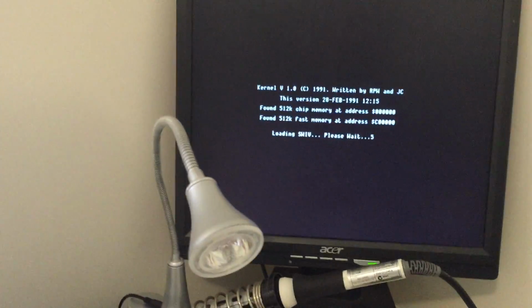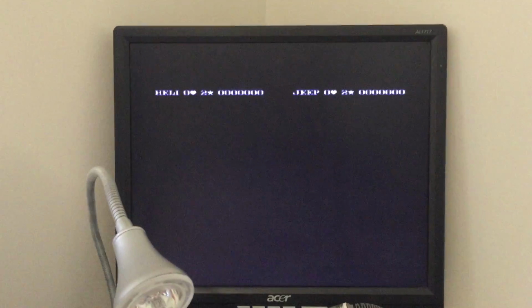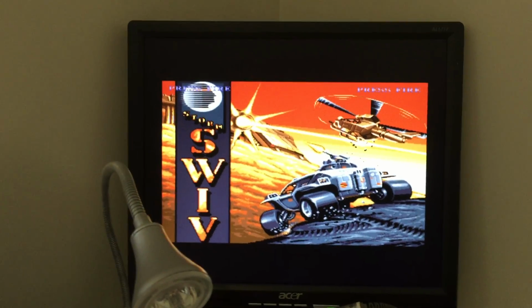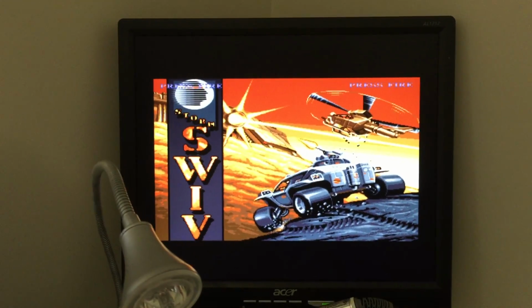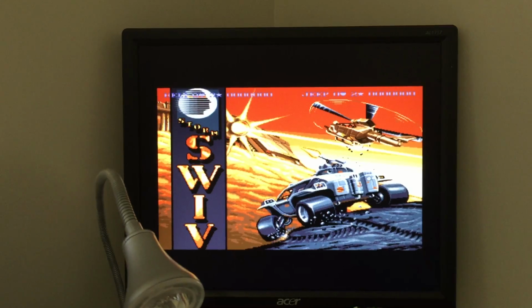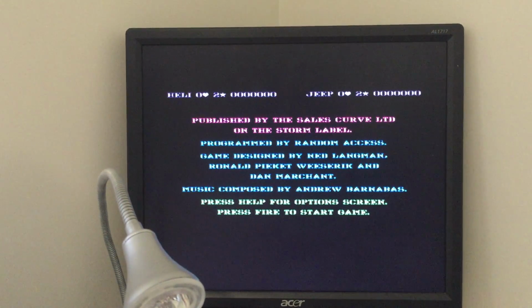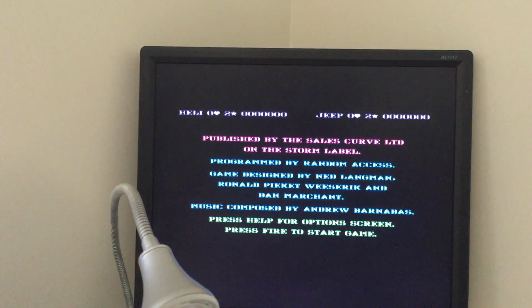So that's how you get the Amiga360 emulator working on a JTAG or RGH modded Xbox 360. In the description I'll put the link to the emulator, the Kickstart ROM, the few ROMs, so you don't need to modify that package in any way. Just get it over into your 360, set up the menu in Freestyle Dash or use XEX, whatever you want, and it will work. If you want more ROMs, go over to Emu Paradise, get some more ROMs,